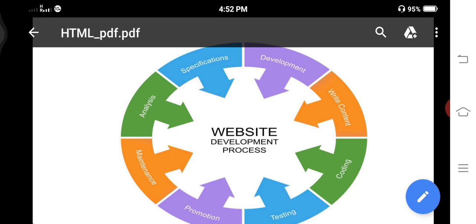Here in gathering information, the main things are the goal, purpose and target audience.